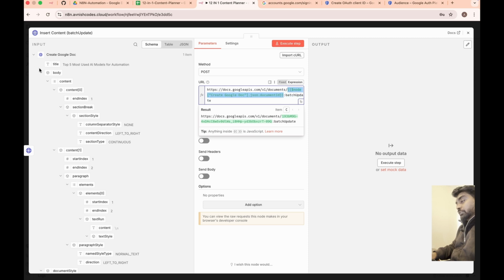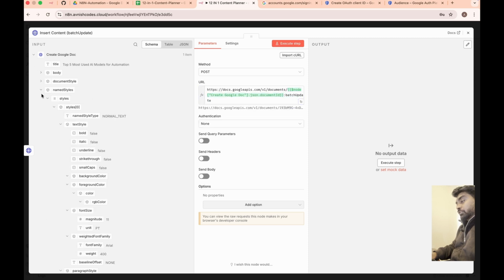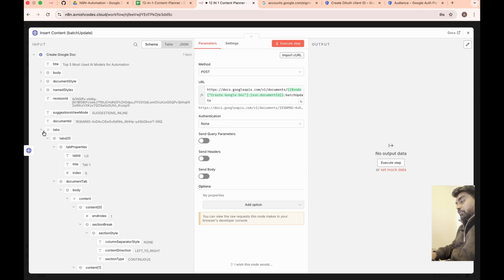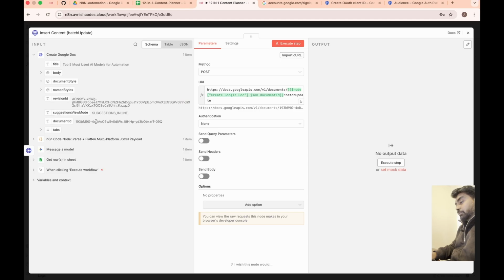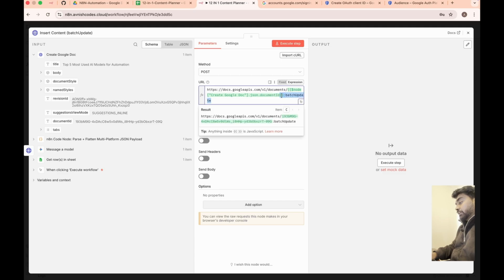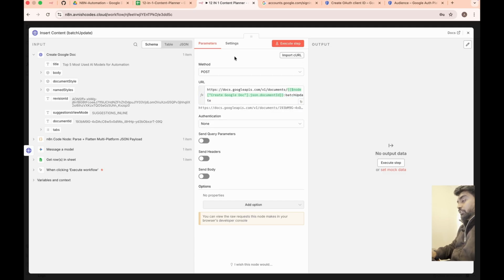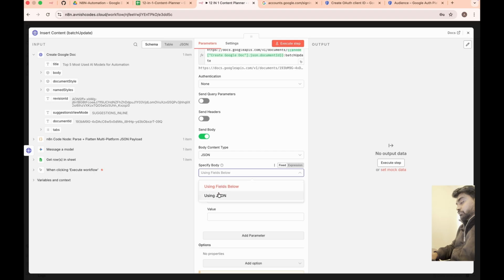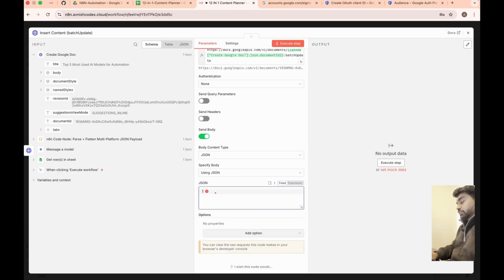So in the last one, if you look into your response, you might get an ID. This is the document ID, you get that. So that's the document ID I have added, and I have added batchUpdate, which means if the file is long, then it will process in batches. You have to do again the same: send body, choose JSON, choose the file as JSON, and in this JSON body you can just provide your body.